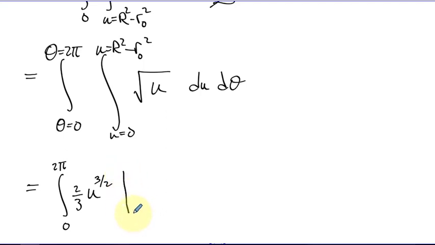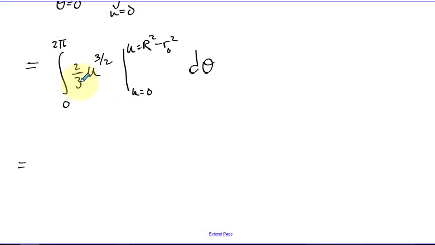I have bounds u equal to 0 and u equal to big R squared minus R0 squared. And after I plug in the bounds, then I have some expression that I would integrate with respect to theta. Well, the constant occurs in both terms of the subtraction, so I could just factor it out. Just say the 2/3. In fact, you could take it all the way out of the integral, 0 to 2 pi. I'm going to get this plugged in for u, R squared minus R0 squared